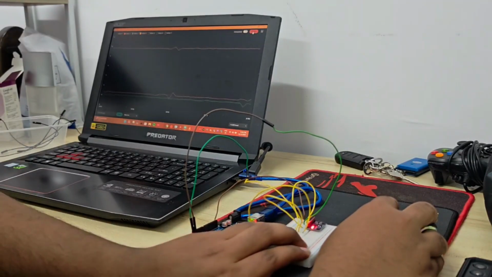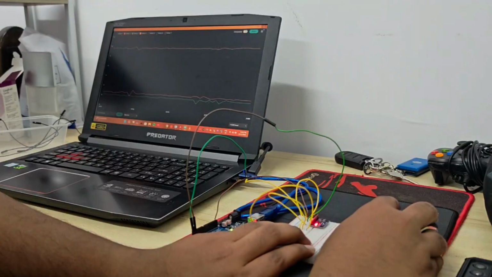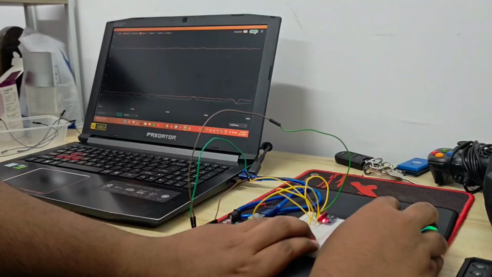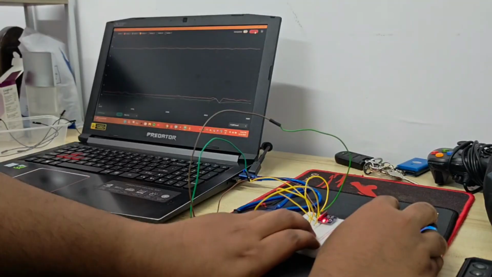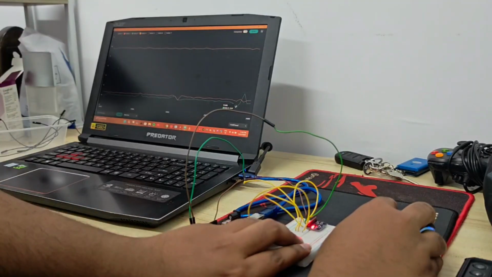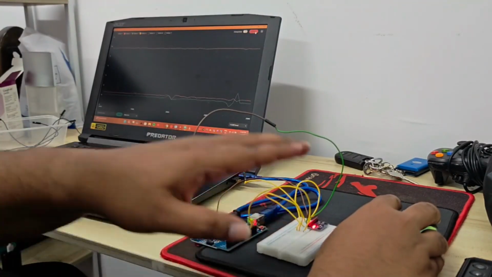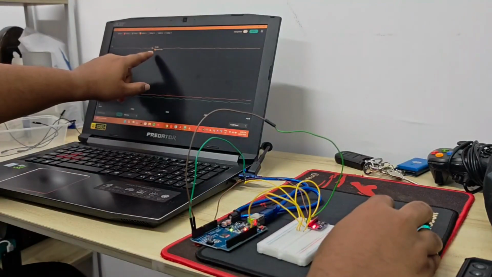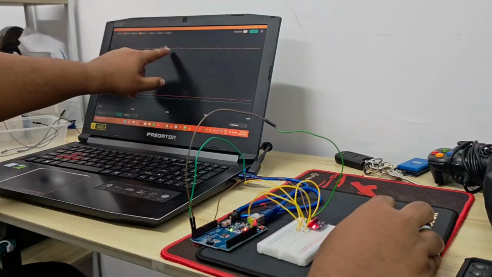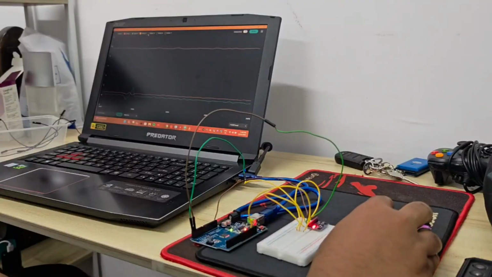When we move up, you can see the Y starts from above. When we move down the Y, you can see it decreases. Okay. The Z is in the middle, which represents the gravity value of about 9.8. The closest value is 9.73, which represents gravity. Okay. Then we turn on